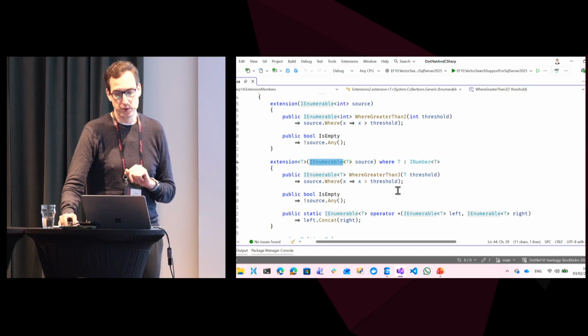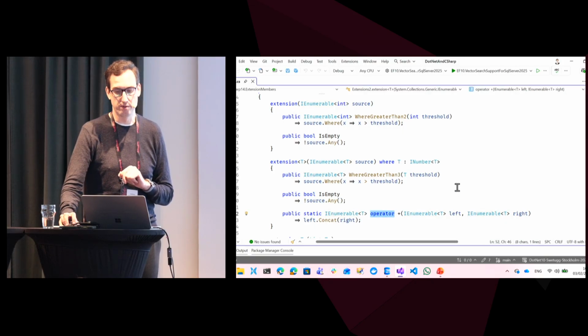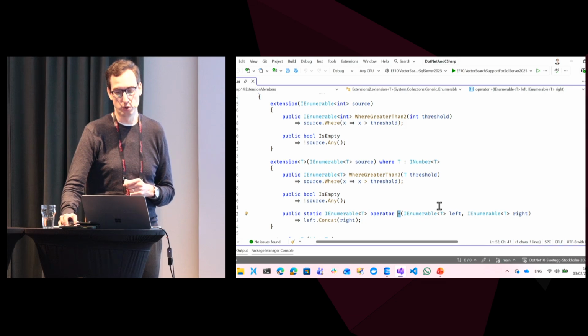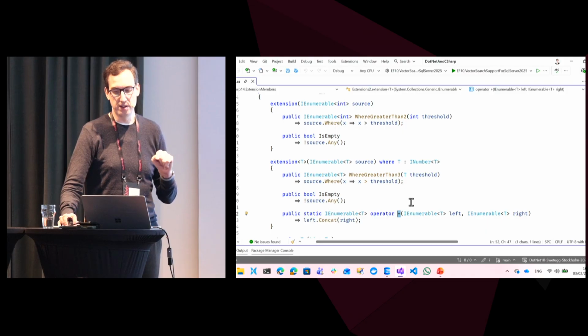And with this, you can also create extensions based on operators. So for example, I can do a plus operator for IEnumerable of t, where t is a number, for example. And then now you can just add two IEnumerables together using the plus extension operator, again, which is also cool. And maybe you've already seen, because the extension method trick